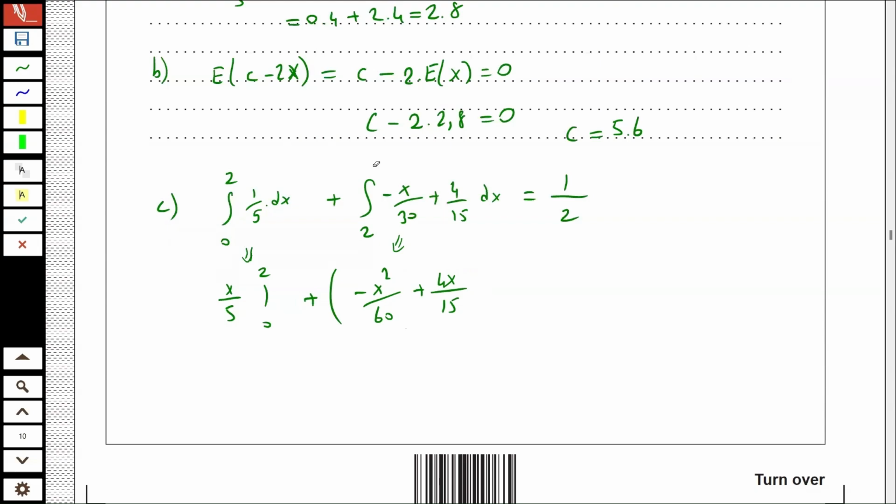It's better to write the upper limit like a, because it will not be the same with the x here. From 2 to a,